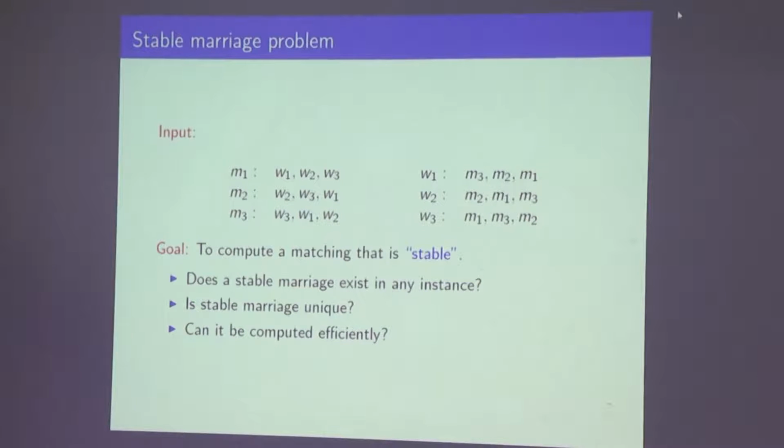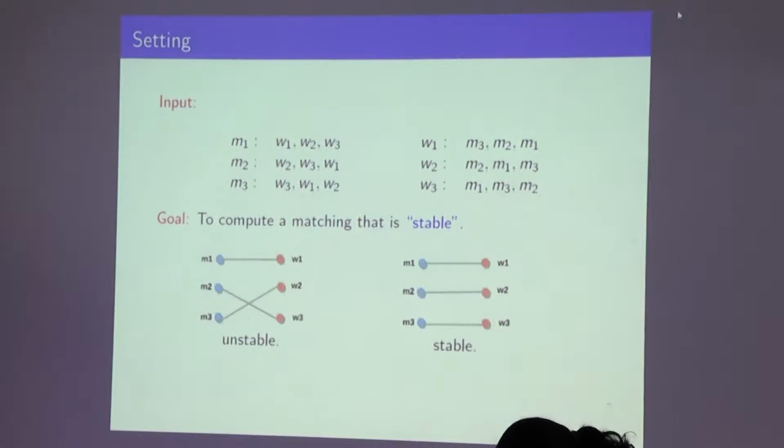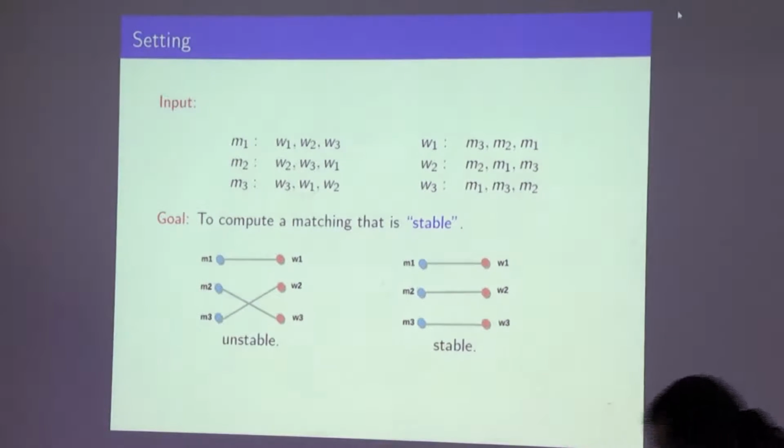So let's go back to what we had here, right? Let's stare at this first unstable matching. Maybe we try to pair up people arbitrarily. We don't know how to do that. So we try to give everybody their first choice, as long as it is possible. Take a man, pair him off with the first woman that is possible. You can only keep doing this for some time, because soon there will be some men who have as their first choice a woman who was already taken by somebody. So now maybe give them their second choice, or keep doing this. So you come up with an arbitrary assignment.